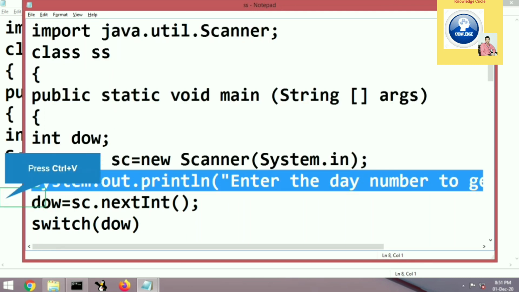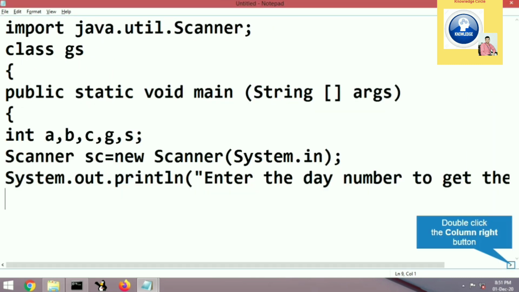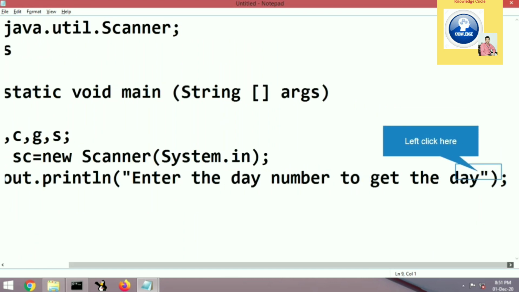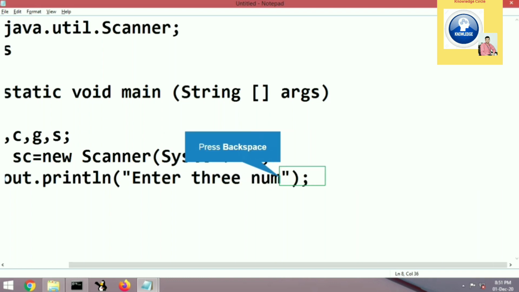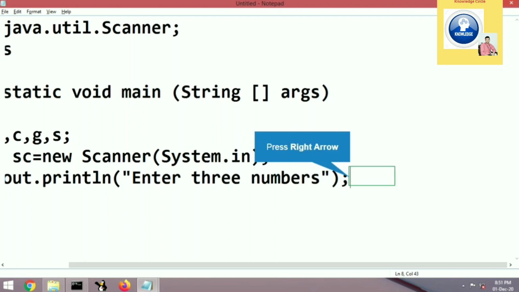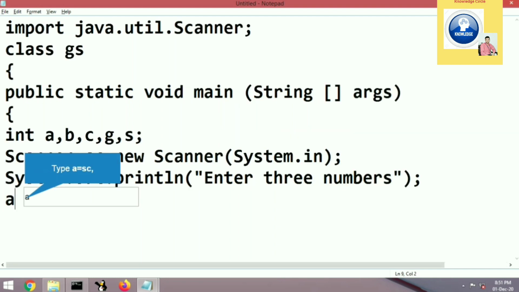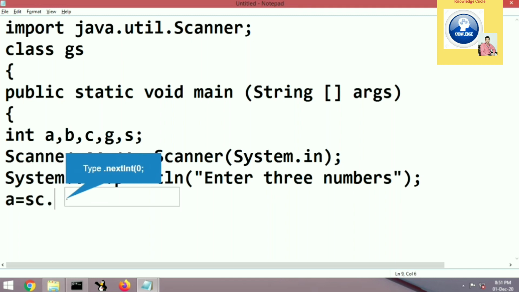It's time to give a message to the user so that the user will enter some values. We will use the system.out.println function where we will write that enter three numbers. We will give a message to the user, enter three numbers. When the user will see this message, the user will try to give three values, and to receive these inputs given by the user, we will use the nextInt method of the Scanner class, and the object which we have already created, that is